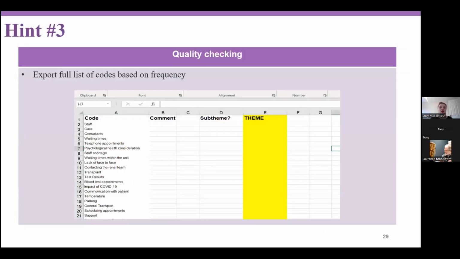Also for quality checking, I recalled all codes based on their frequency, because at the bottom there were quite a lot of codes that only had one comment assigned to them, and so it was easier when quality checking to see whether or not those codes could be merged with other codes, and therefore when using the grid method you can recode to match the code you feel it best suited. You can also pick up in the frequencies any repetitive codes, so codes that have similar names. QDA Miner won't let you create codes of the same name. However, if you change them slightly or do a variation, then that's fine.